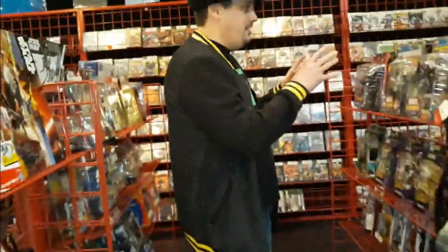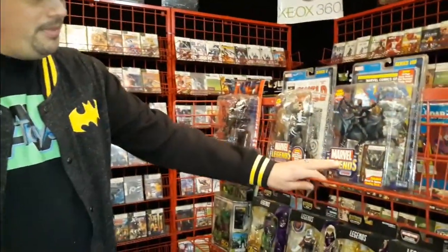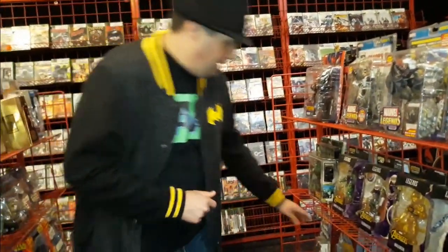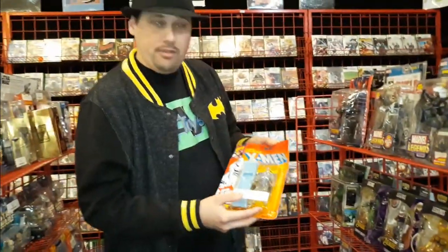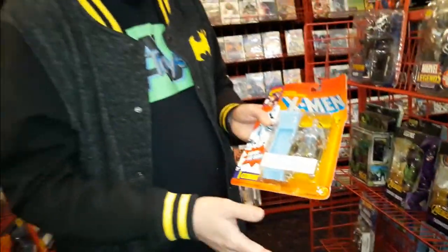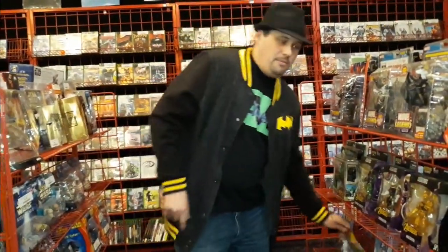He's got some more Marvel Legends. Like I said, these are the original Marvel Legends. Step over this way. Nick Fury, got Storm. And I was asking a minute ago, I'm not sure, there may be a white suit Storm variant of this. I'm not exactly sure, but I like that particular action figure. This is one you'll see later on in my video that I picked up in a 4-pack from here recently that had Wolverine, Iceman, Mr. Sinister, and I'm trying to think of the fourth person in that set, Sabretooth. So you'll see that a little bit later on in my video